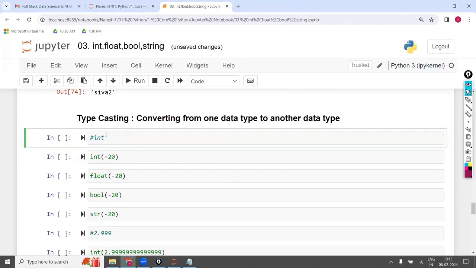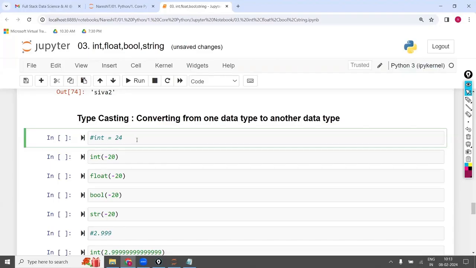First, let us take any int value of your choice. For example, I'm considering the int value as 24. Now, you try to convert the int value into float, boolean, and string. Similarly, you take the float value and convert it into the remaining 3. You take boolean and convert it into the remaining 3. You take a string and convert it into the remaining 3. Like that, you are going to convert for each of them.